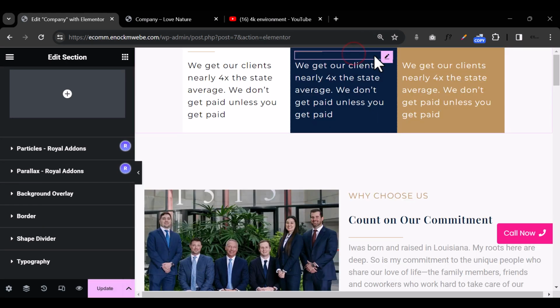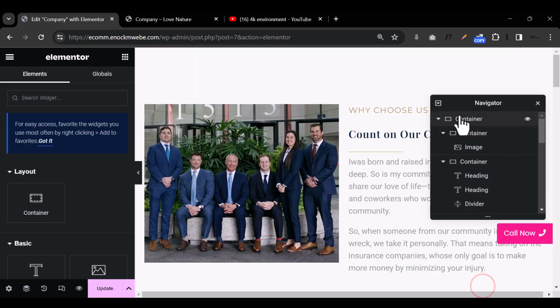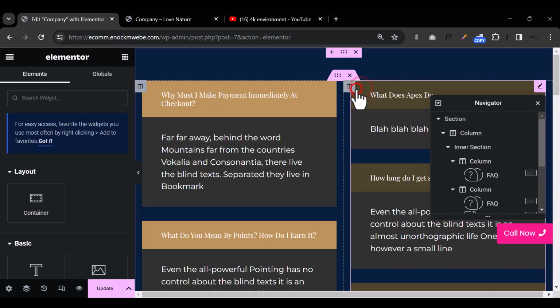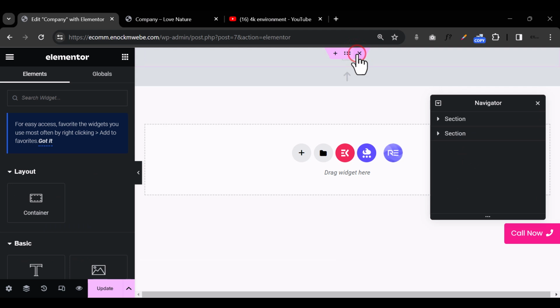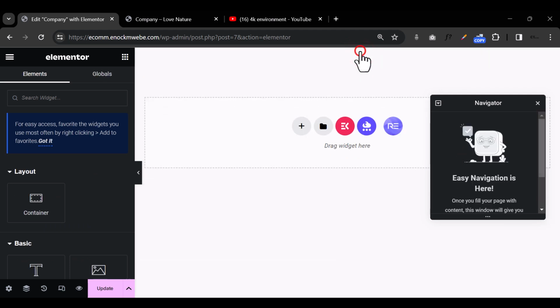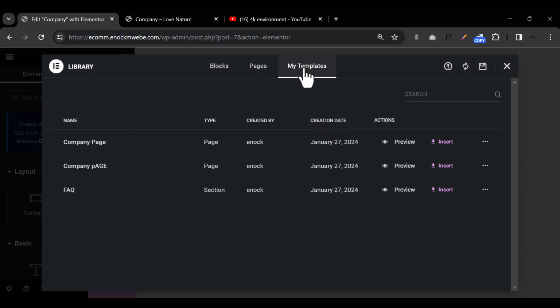Okay. So let's say I'll close this, and let me bring up my navigator right here, and I'll select this. I'll also delete this, delete this, delete this, delete this, and also delete this and delete that. So let's say now you're having a brand new Elementor page just like this. And you have your template. I've shared it with you guys, and all you have to do is come to this folder icon, then under templates,